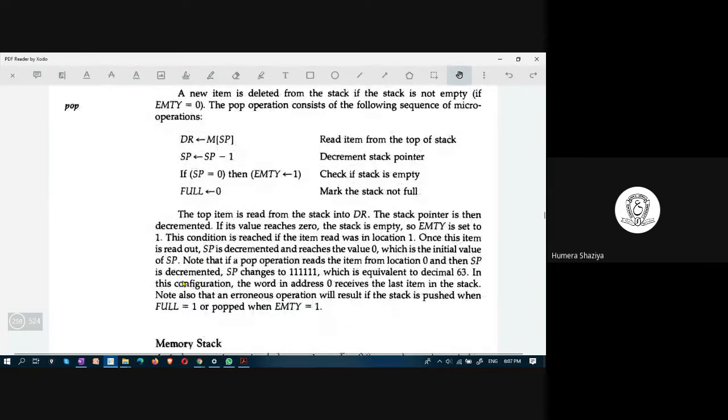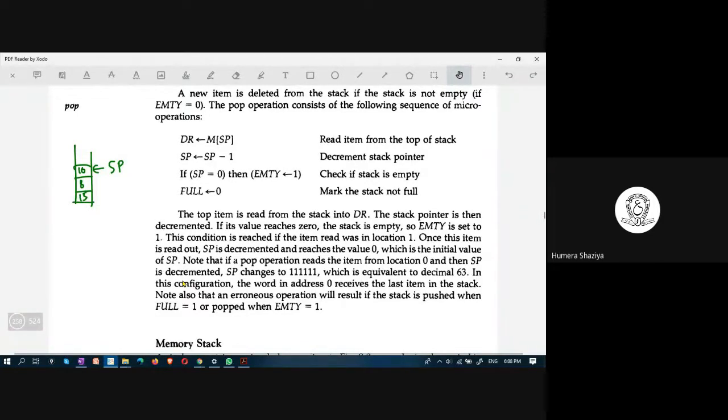And here what is this operation? This is the operation for pop. Elements are there: 15, 8, 10. SP is here. M of SP is pointing to the element whose value is 10. It is not the 10th element; essentially, it is the value of the element which is 10.